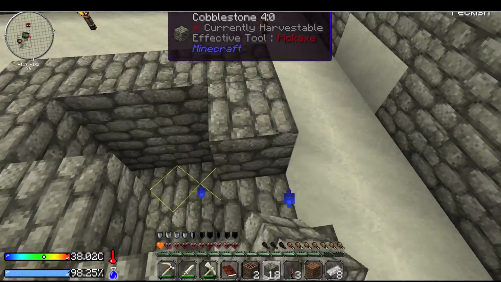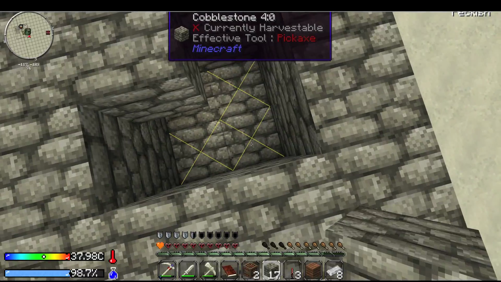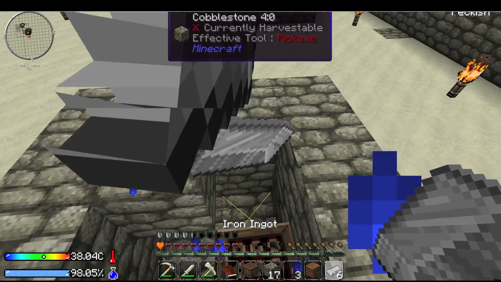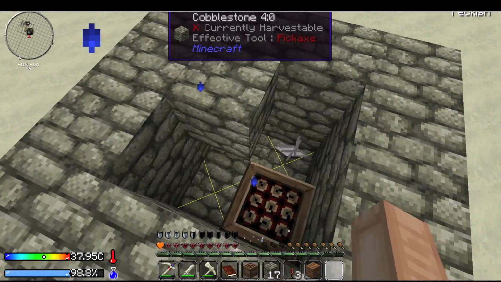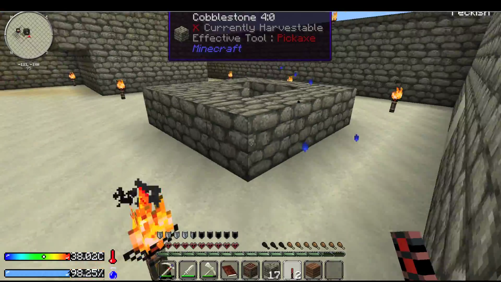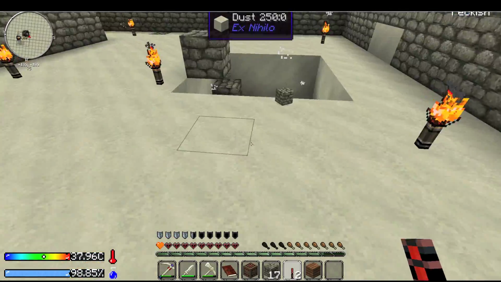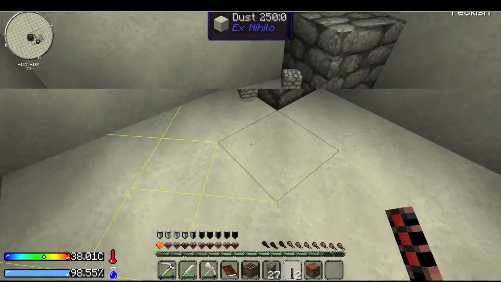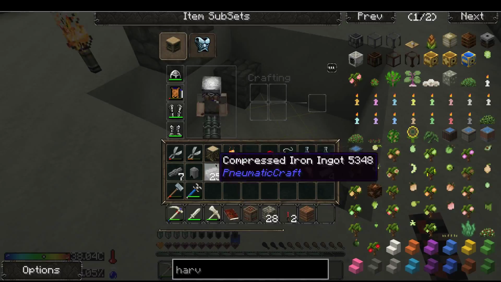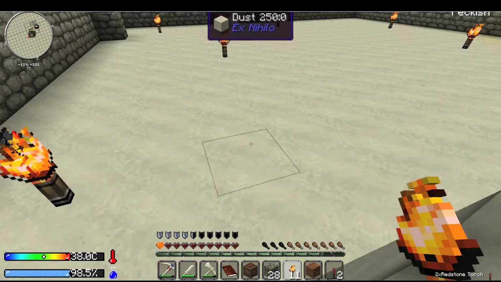But again, yeah, so once we actually build a proper pressure chamber, oh, that doesn't matter. Okay, so right there, iron, Q. And let's pop you there. Run for it. I actually got left there. Okay, again, let's pop down a torch just to prevent the spawning. Okay. So